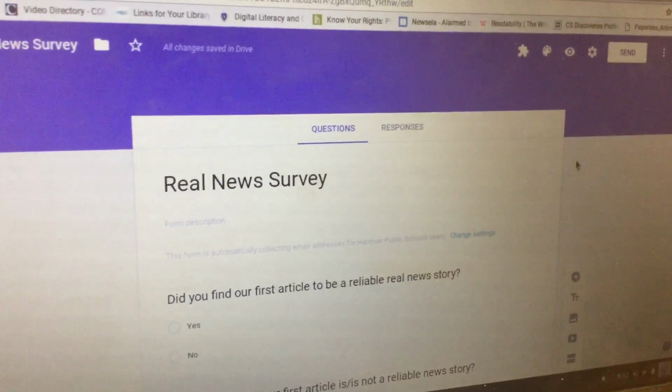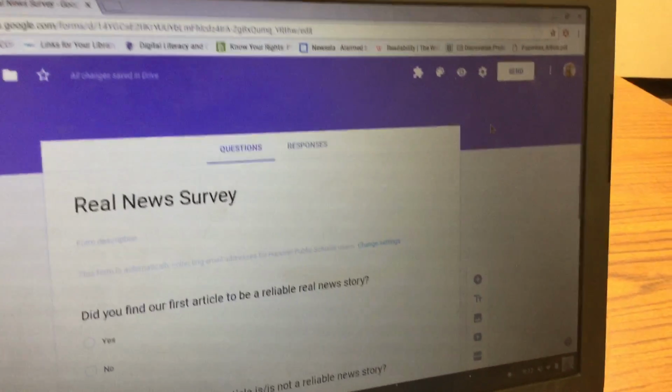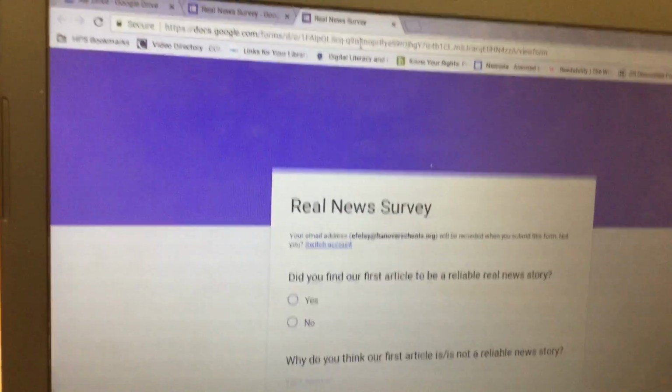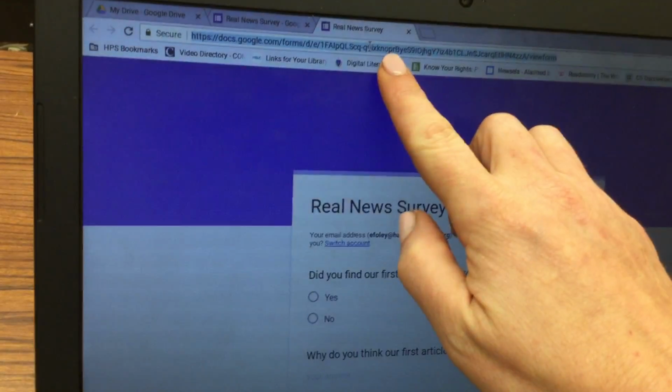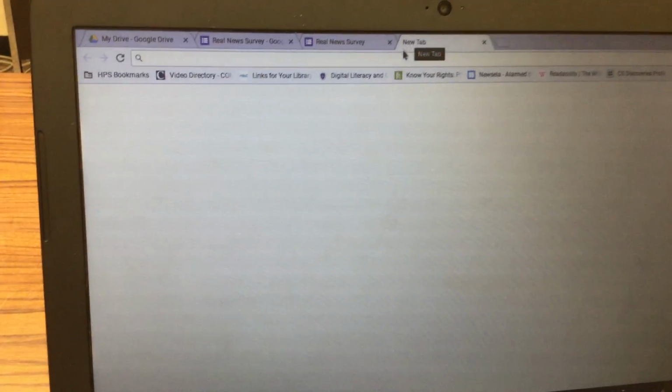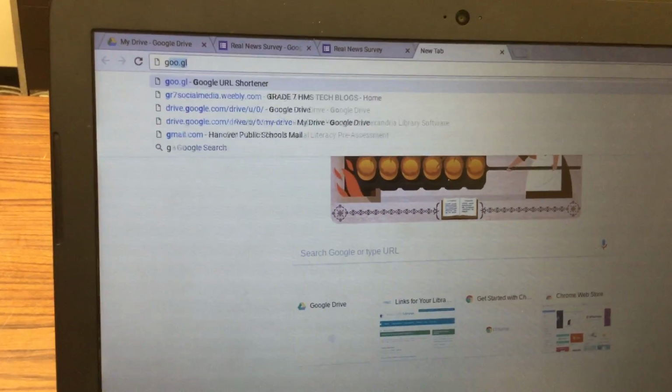So then what you're going to do is view the survey that people will be able to take. And you do that by clicking on the little preview button, which looks like an eye. And then from here, what you're going to do is click to highlight the URL and then hit Control-C on your keyboard to copy it. From here, what you're going to do is open up a new tab, and in the new tab, you're going to go to